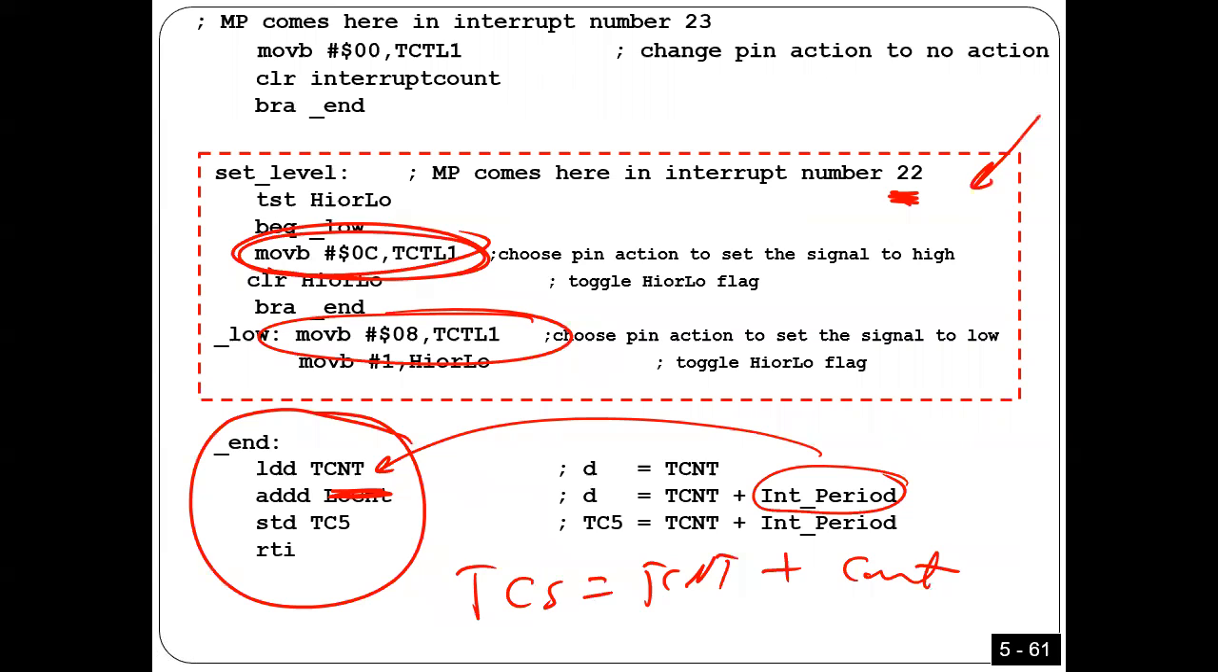So I already have one variable to tell me whether the signal is high or low, and if it is low, I come here to change the action. Remember, this action is going to be taken next time, at the next interrupt. So at the next interrupt, the action will be low, or high if it is in the high state. Okay, now,